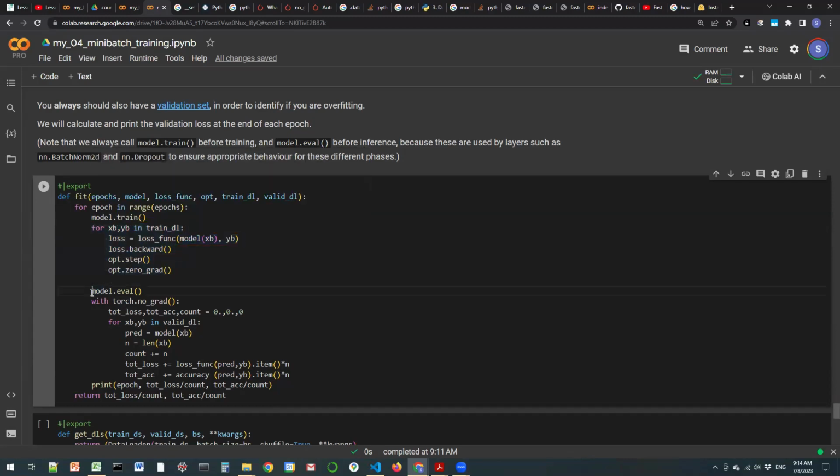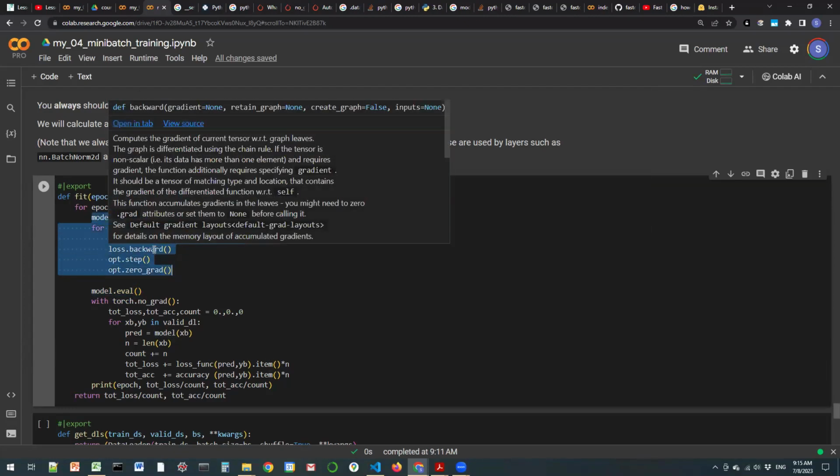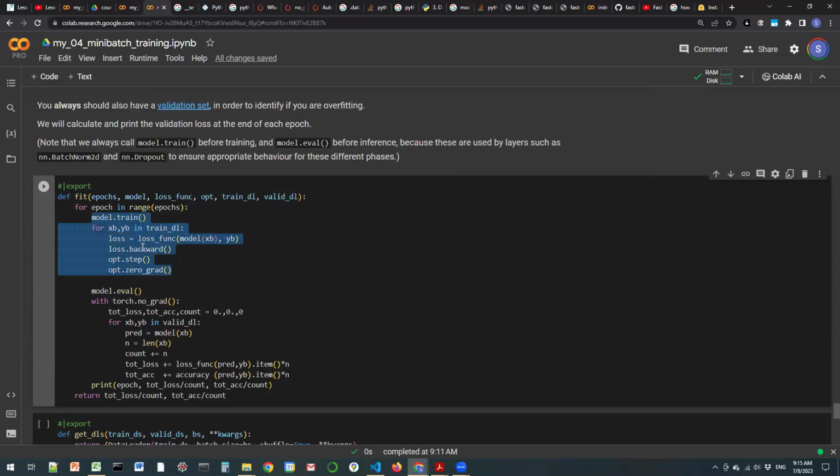Exactly for the same reasons, the behavior of certain functions is different in the training phase than in the evaluation phase. You want to make sure that when you are in the evaluation phase, you tell the model so. That's why there is a model.eval call. And this portion, when we train, is when we compute the gradients and propagate them back. Once the model has been trained